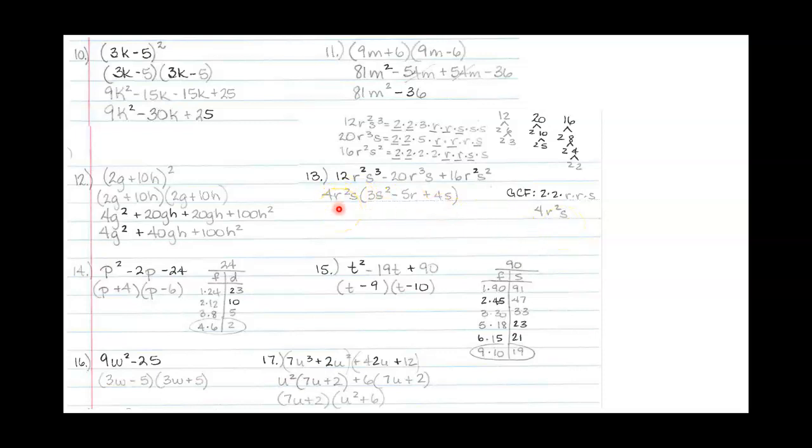Now, when you take out a factor, there are two ways that you can find your other factor. You can either multiply or divide. So let's look at it both ways, because one of those is going to feel more comfortable to you than the other. So we could say 4 times what is 12,